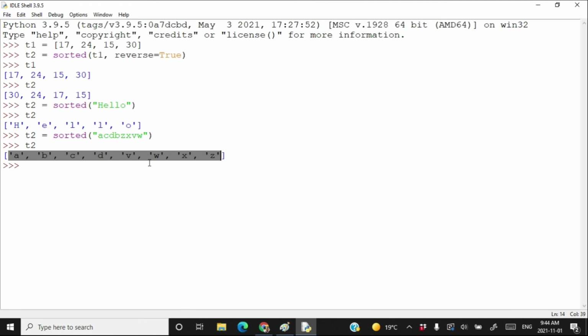in a list. So what sorted method does, it actually sorts all the sequence and create a list out of that sequence. The elements of the sequence will present in the list in the sorted order. This is the work of sorted method.